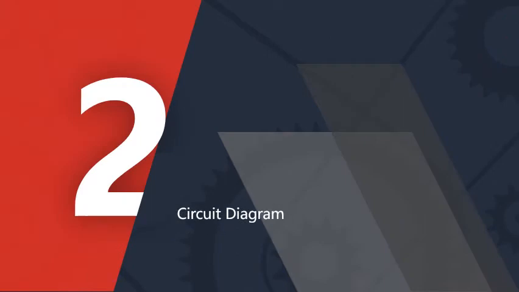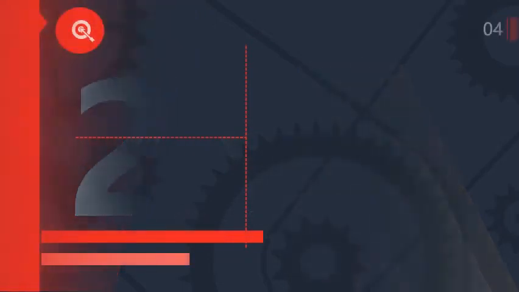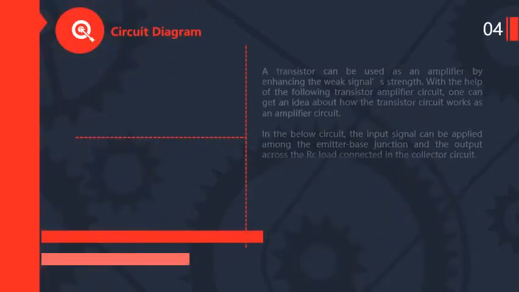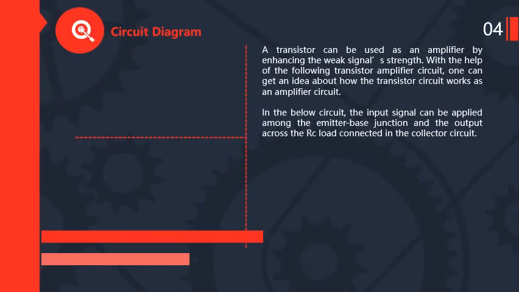So the next topic is circuit diagram for transistor as an amplifier circuit. A transistor can be used as an amplifier by enhancing the weak signal strength. With the help of the following transistor amplifier circuits, one can get an idea about how the transistor circuit works as